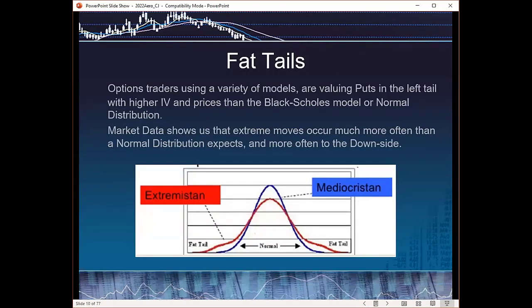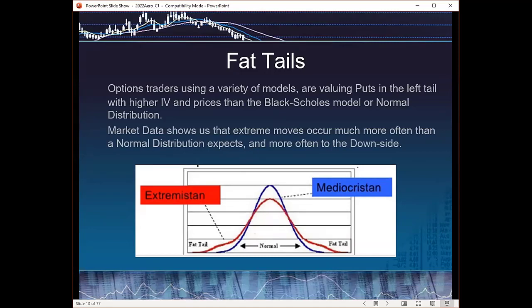And what typically causes those negative results is that the distributions in the markets are not really modeled well with the normal distribution curve. I'm not going to get into statistics heavily here, other than when you look at the real market data, you see far bigger moves than what the normal distribution model or even the Black-Scholes model predicts. And most of those bigger moves, more often than predicted, happen on the bearish or negative side.